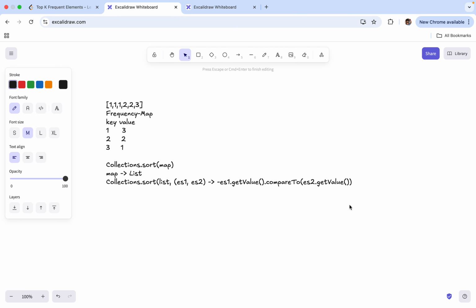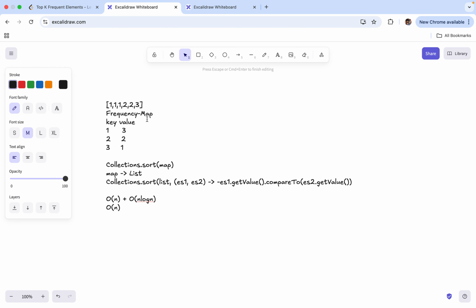So before talking about the elegant approach, let's see what's the time and space complexity here. The time complexity is going to be O of n because we are just traversing this array only once, right? And then we're going to do some sorting here that would have O n log n complexity, plus O n log n complexity. I'm going to do some sorting here, and then the space complexity is again O of n,